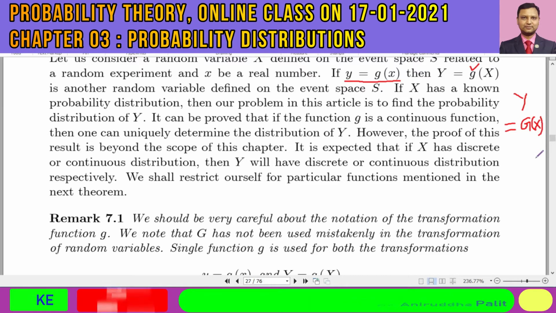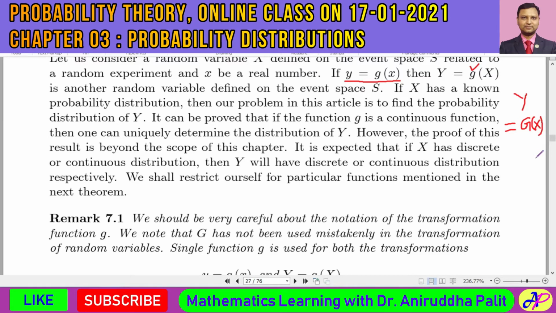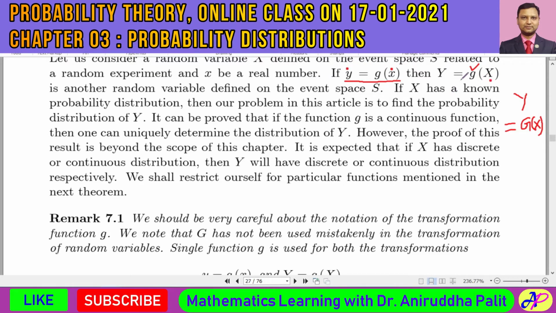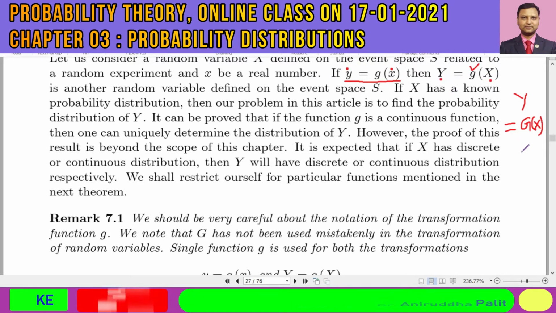Therefore, we write capital Y equal to capital G of X. But you see, in place of small x and small y, we are just putting capital X and capital Y over here. So this